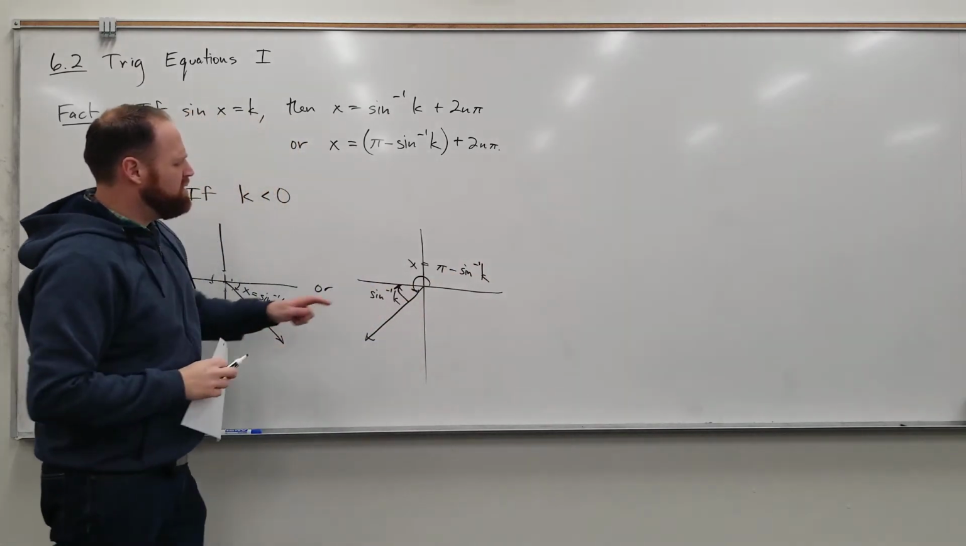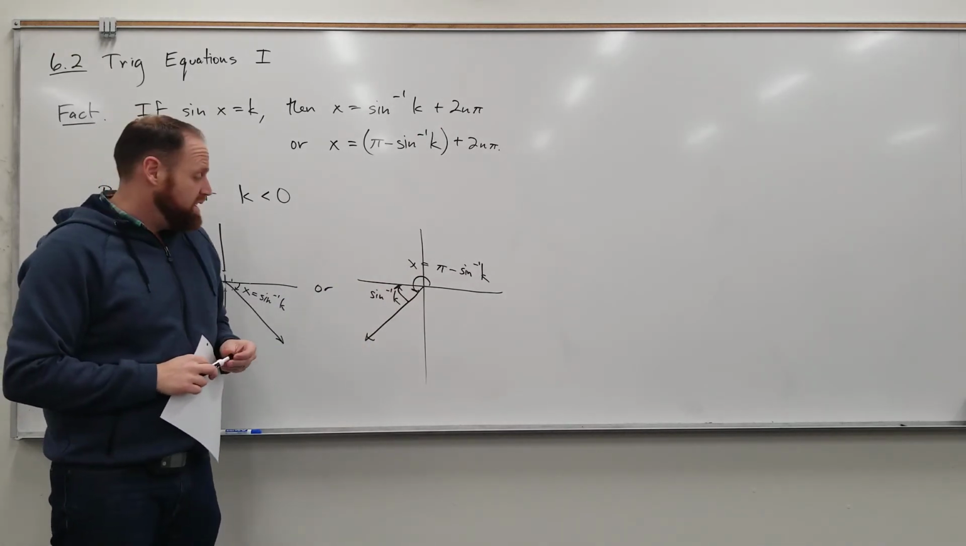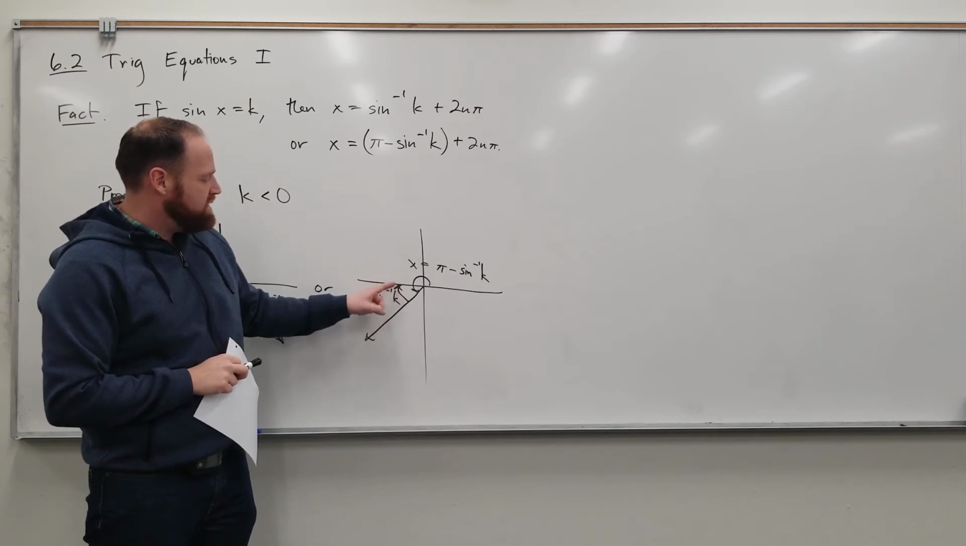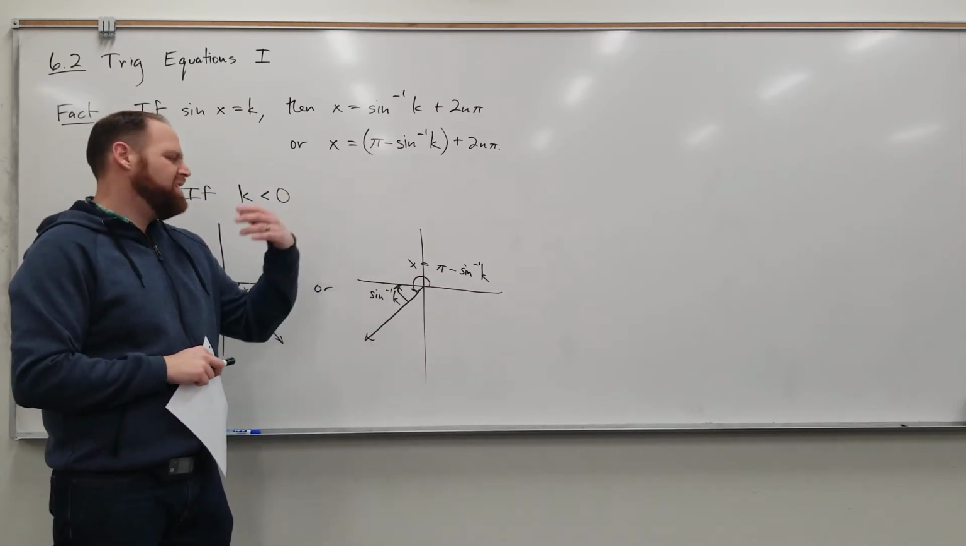Right? And you might be thinking, well, why isn't it pi plus sine inverse of k? Well, that's because, again, this is a negative angle. Notice the orientation, right? It's different, right? So you say pi minus sine inverse of k. For example,